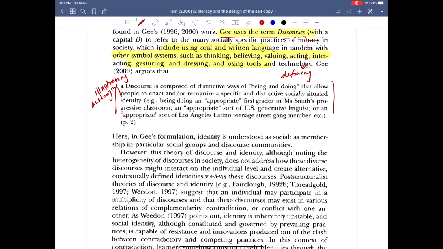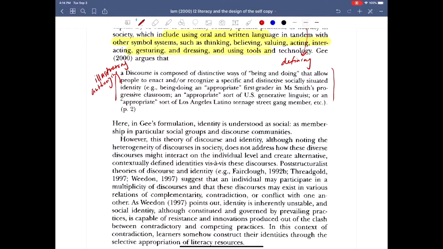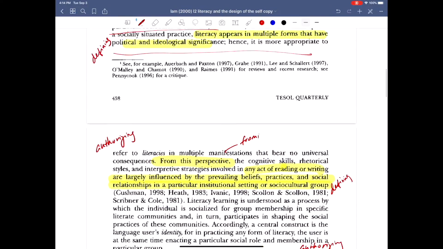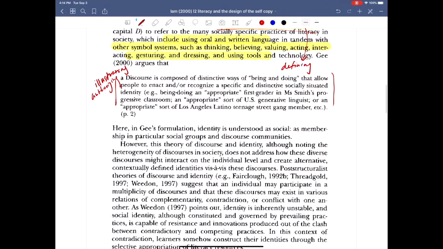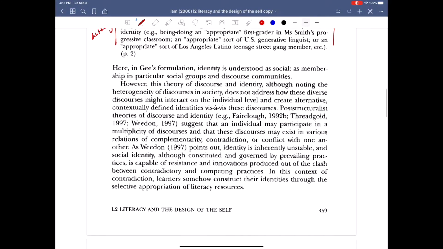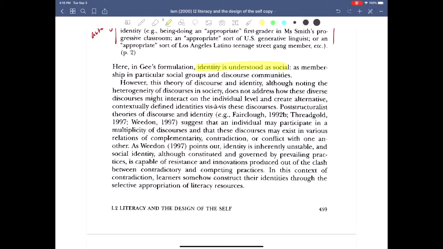Just a side note, when you write your own paper, I don't want there to be too many extended quotes, and people try to fill their papers with so many other quotes that it doesn't even sound like their paper voice anymore, and it's a way of writing less. And also, you would notice that even in her writing, she uses very little direct quotes, and just something to keep in mind. Okay, so this is more of a definition.